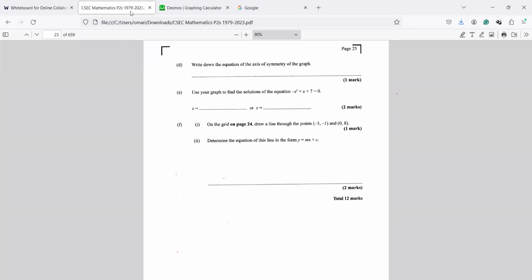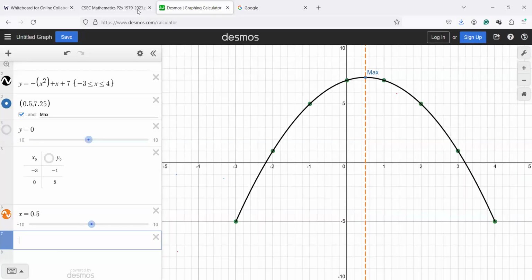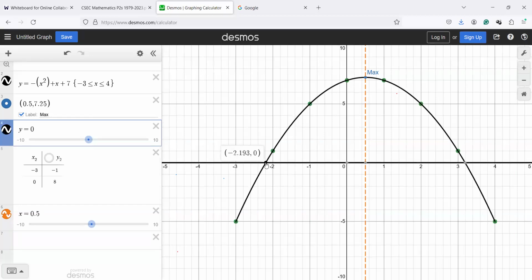So using the graph, find the solution of the equation. So we know what the question is basically asking us. When y is equal to 0, what is x equal to? So going back to the graph, we're going to try and locate when y is equal to 0, what is x equal to? And there are two values at that point. So that's point A,